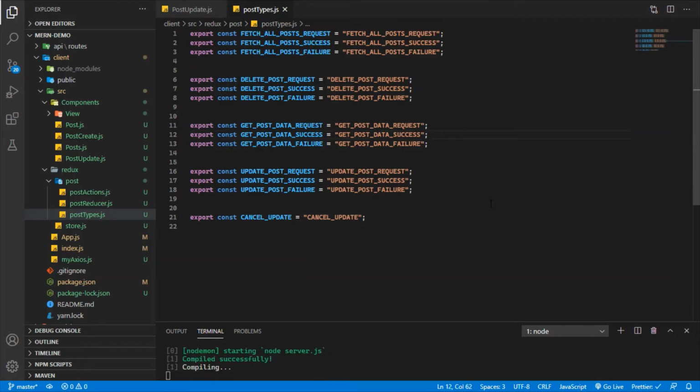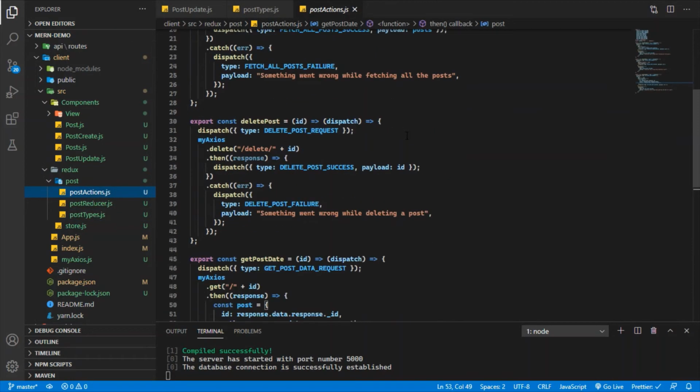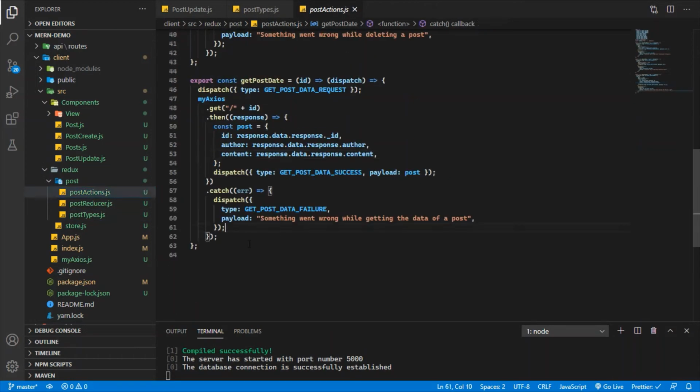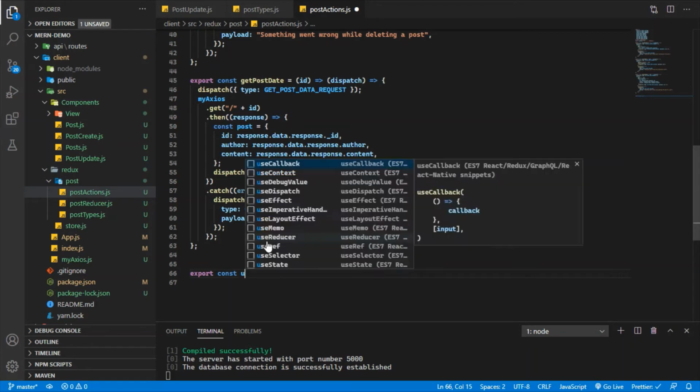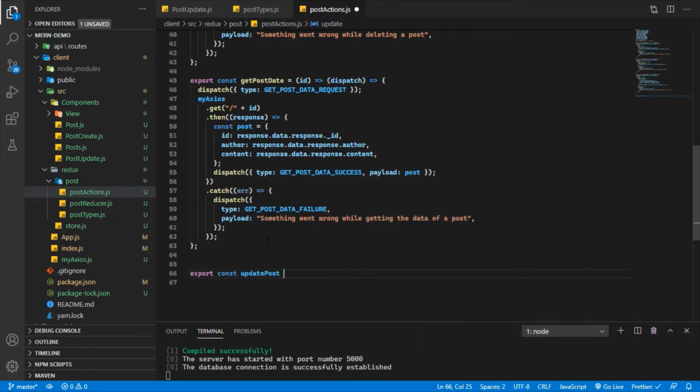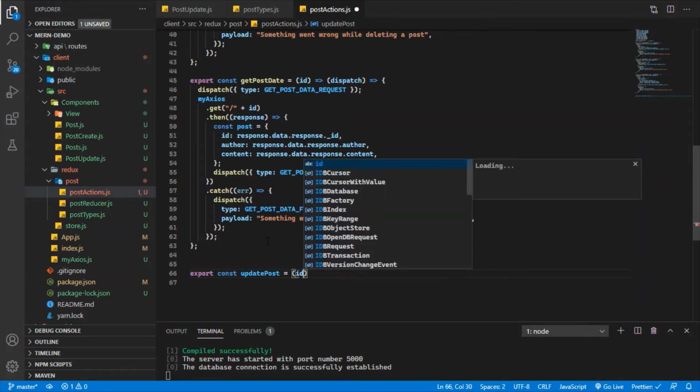So we have mentioned our types. Now we have to go to the actions. For that we have to write, and I am going to take three fields: